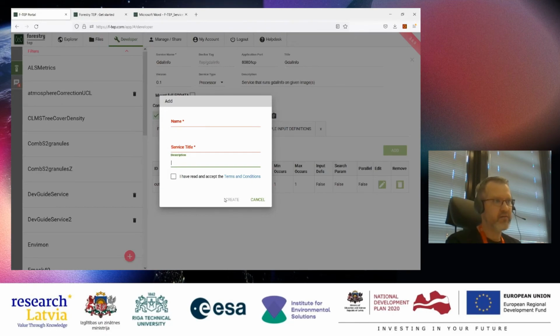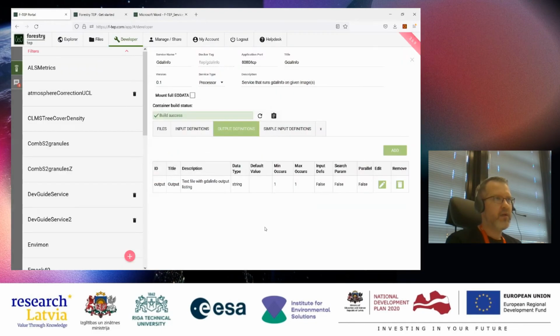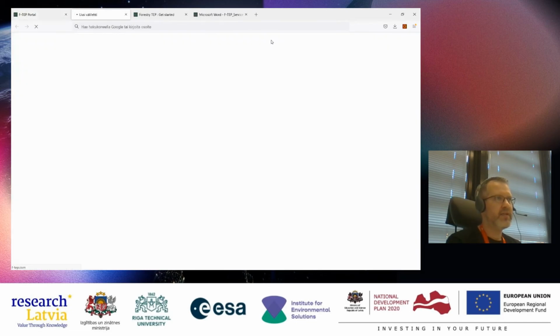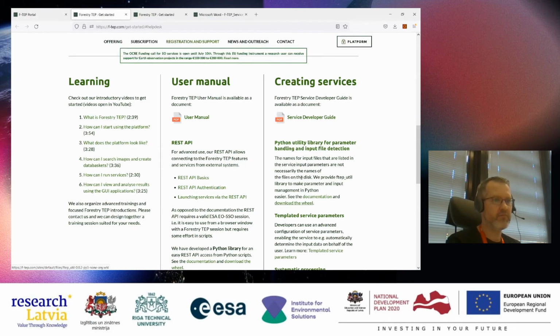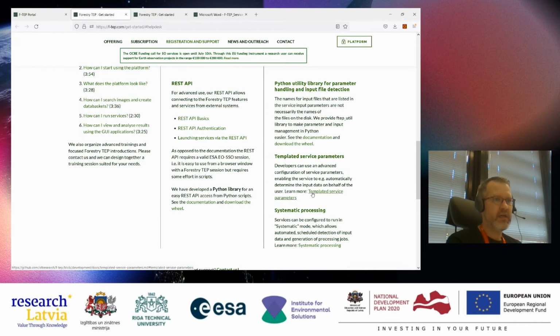Accept the terms and click create. But because probably most of you won't remember all the details from these few minutes, in the help desk we have the service developer guide and links to some other documentation.